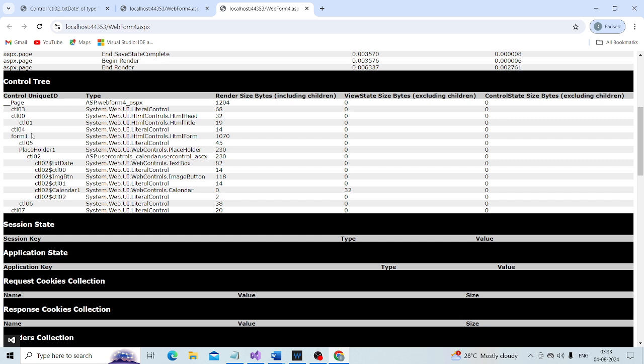Look at that, inside, this is web form 1, and inside web form we have a placeholder 1 control, and within placeholder 1 control, look at the ID that is coming.